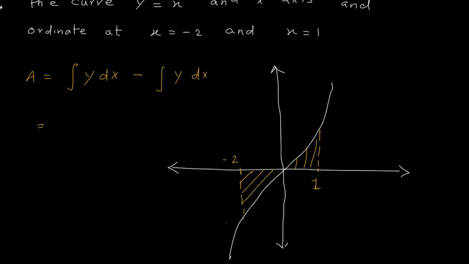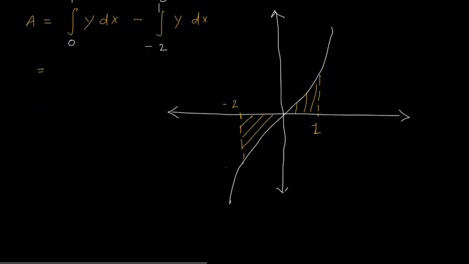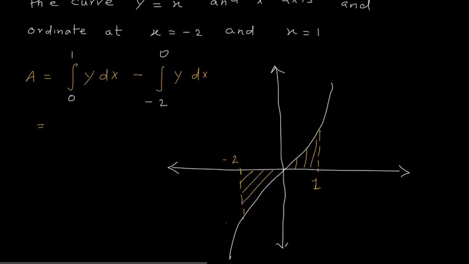Limits are different. Here if you see, for this, limit of x is between 0 and 1, and here limit is between minus 2 and 0. If I integrate between minus 2 and 0, I will get this negative area. Okay, let us find out. Now we have to subtract this area. When I subtract, I should get this as negative area. So for negative area, let us check.